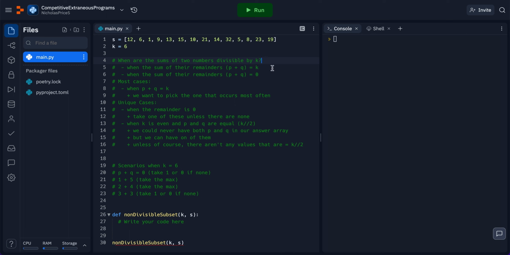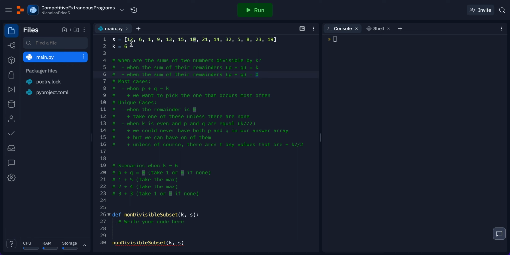So that would be our first consideration. That is what you would see here in line 6. But we also have scenarios where the remainders are equal. When you add up the two remainders, those are divisible by k. So you could get the 0 scenario that we want to avoid, which would be something like 18 when you